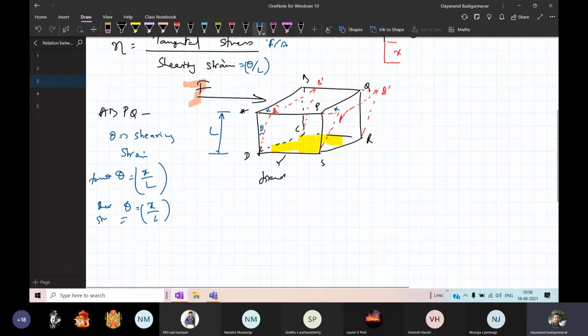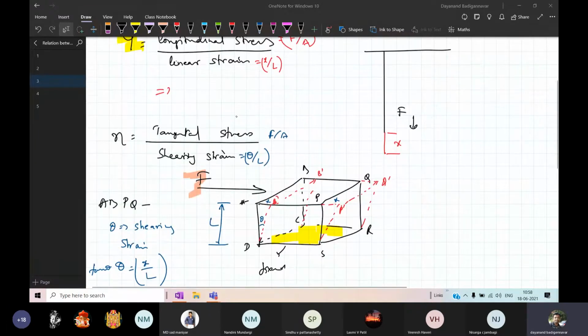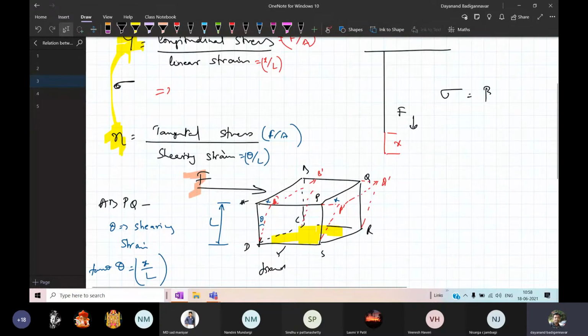So what I have to do is evaluate these. I have to connect these two parameters. You're getting the point? So this parameter N to Y through the relation. Which relation? The Poisson's ratio. Poisson's ratio is also given. Poisson's ratio is beta by alpha, that is the ratio of lateral coefficient to the linear coefficient.